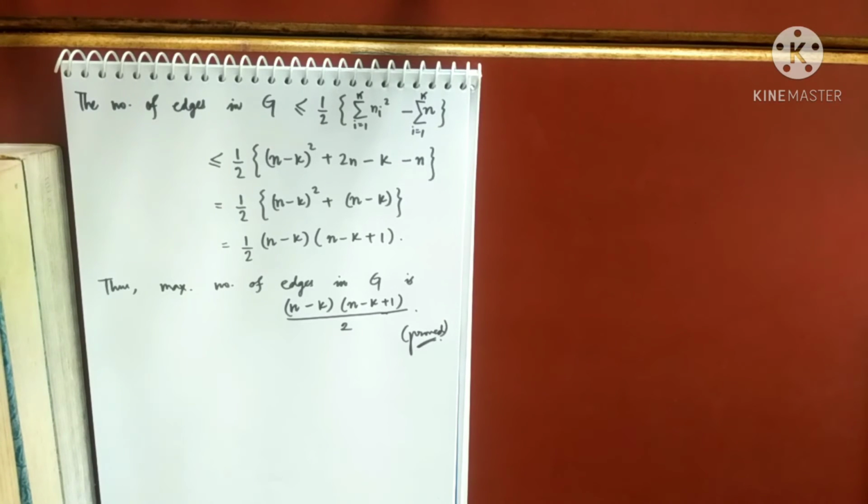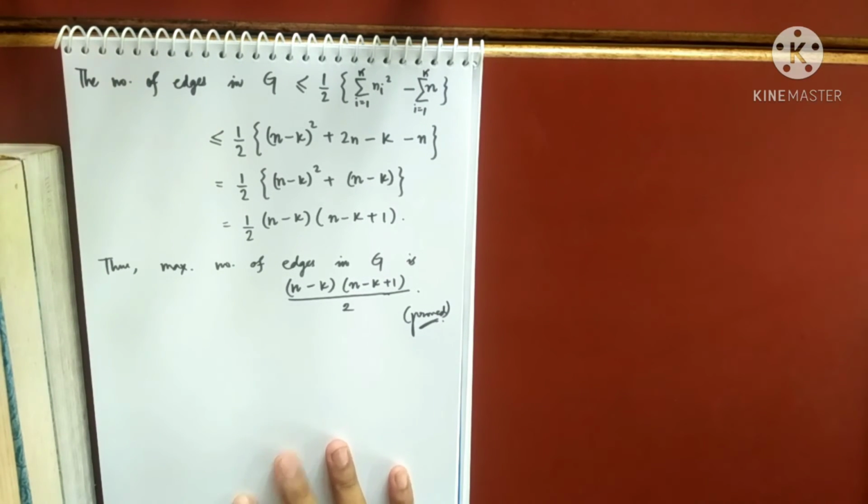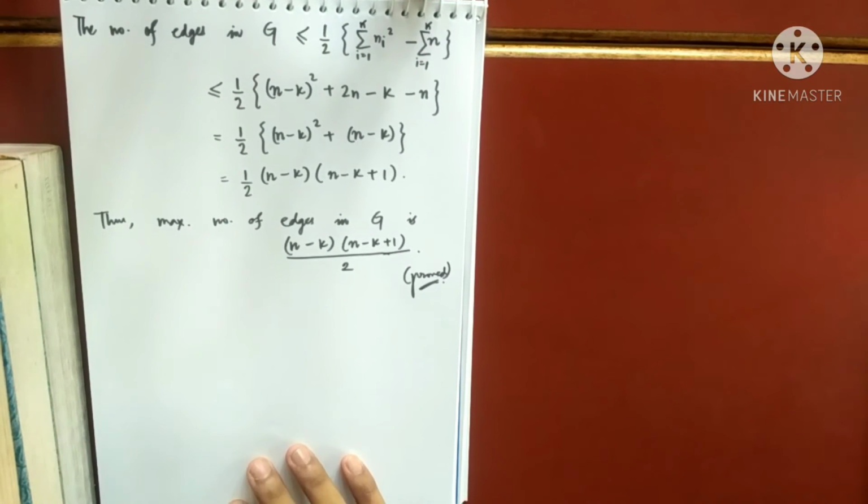Good enough. Okay. I wanted to do one more thing with you all. This completes connectivity. We can do more sums based on connectivity, but I will not do any more sums. We have done enough sums and enough theory on connectivity.